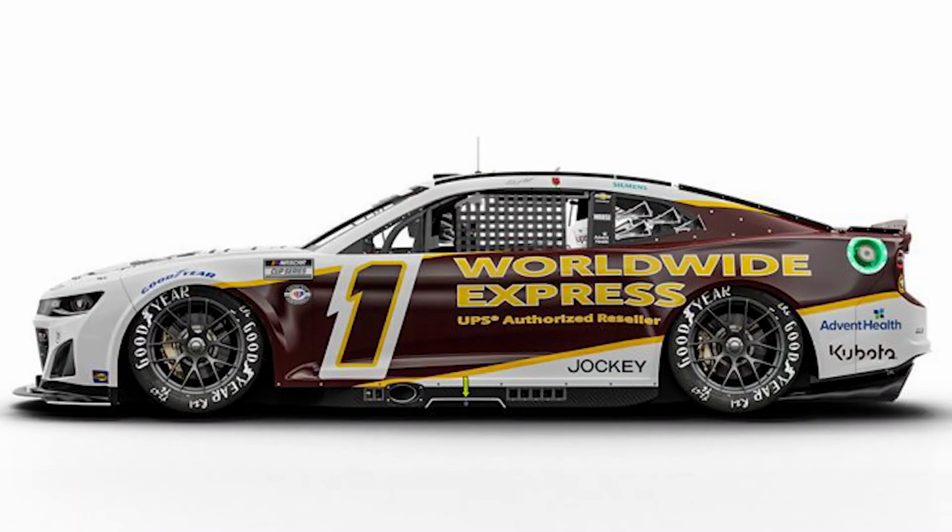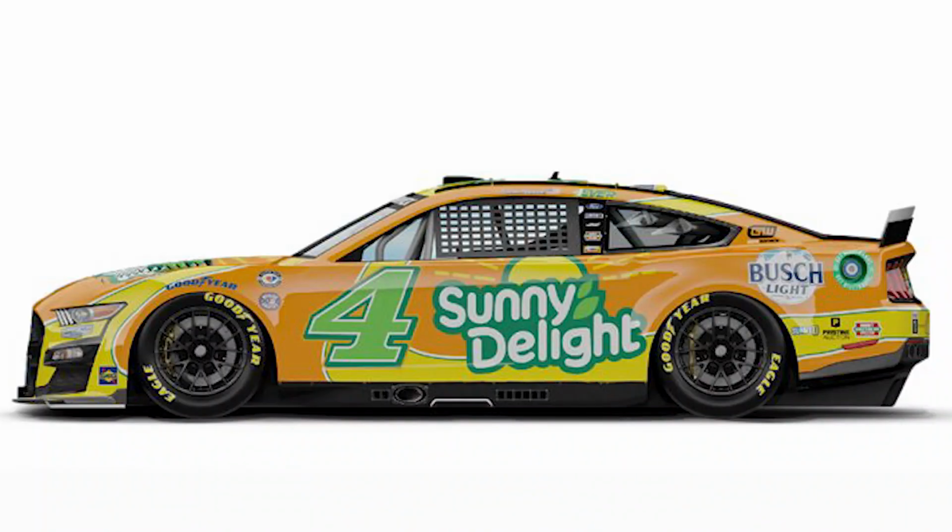And now on to the Cup Series. I'm going to go through as many of these as I can. We're still doing pretty good on time, so I'm going to go through these. Ross Chastain is going to be throwing it back to Dale Jarrett with the UPS colors. That one's pretty good. Kevin Harvick, he's going to be throwing it back to his planned Cup Series paint scheme,